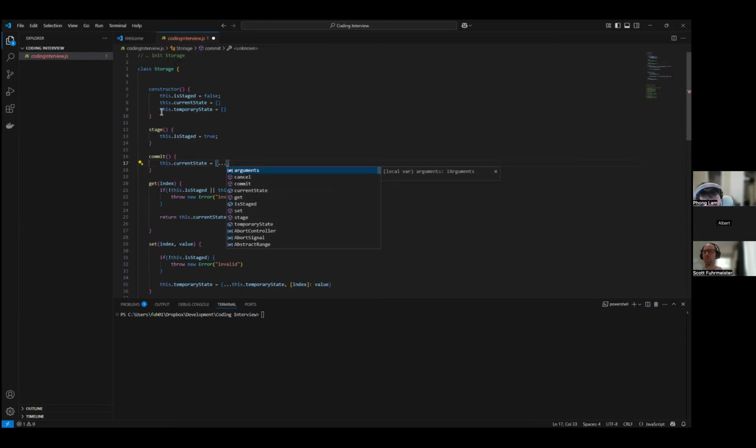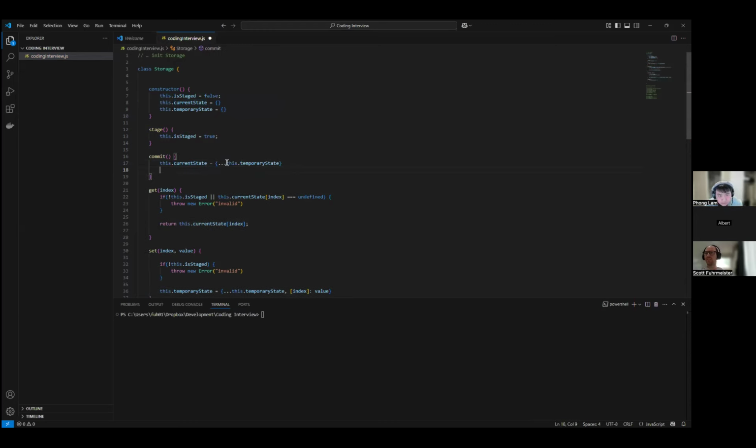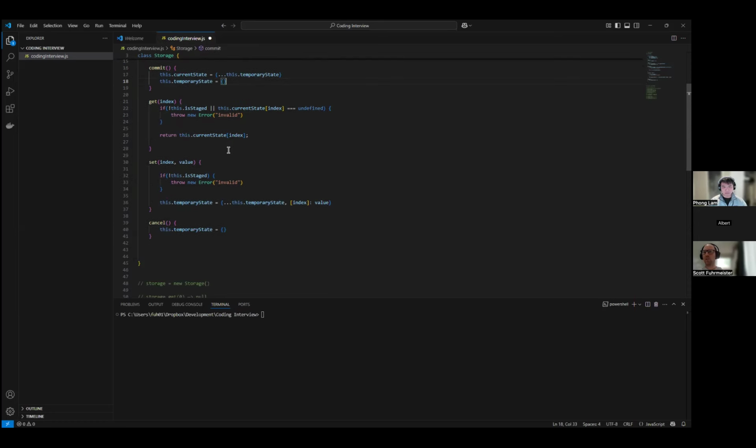Because it's got a pointer, if I then delete it, it's going to actually delete the current state if I just reference it. This should be fine if I copy it. But if I just referenced it, it would just be referencing the object pointer, so it's going to get rid of it. So this should work.